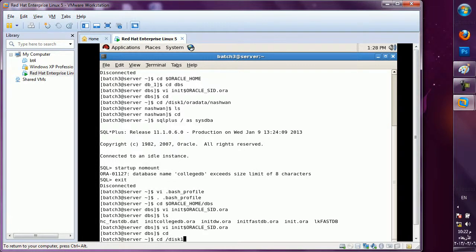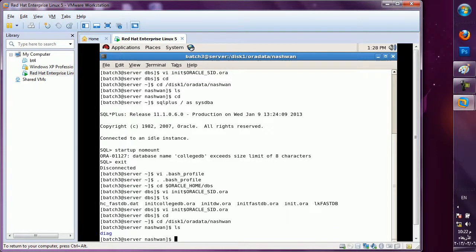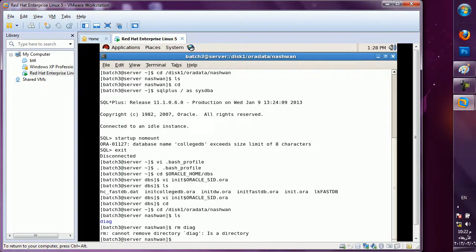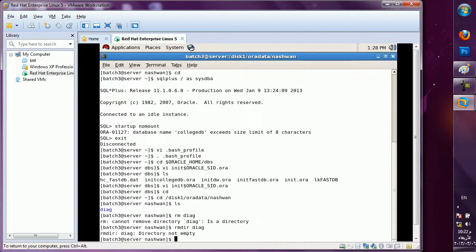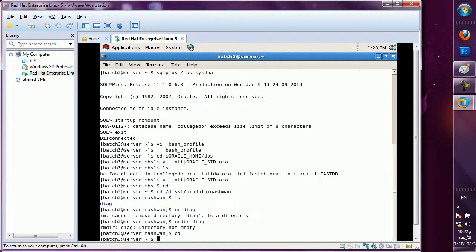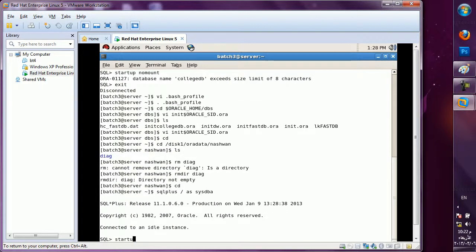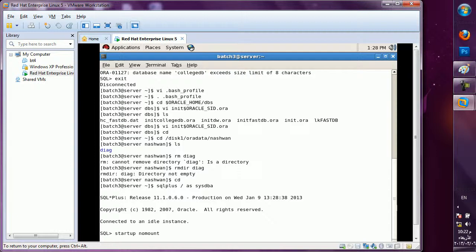Just once we will check that folder, diag. So what I will do, I will remove that. Okay, no problem. We will again move to the SQL prompt. Startup nomount, because my control file is not created till now. The error was there.